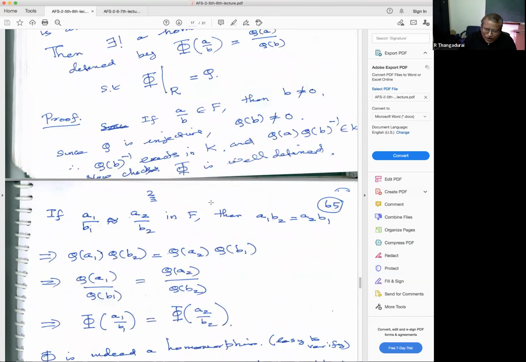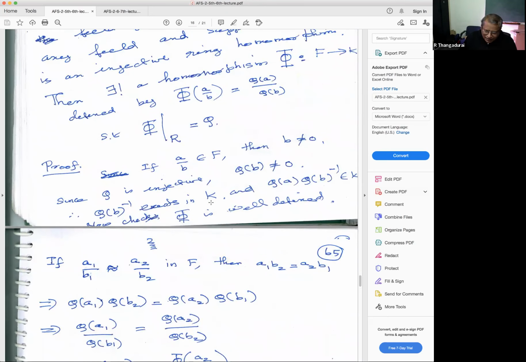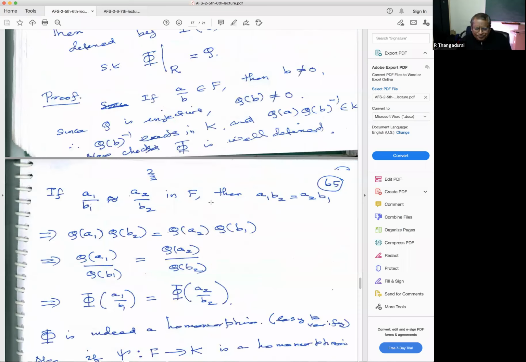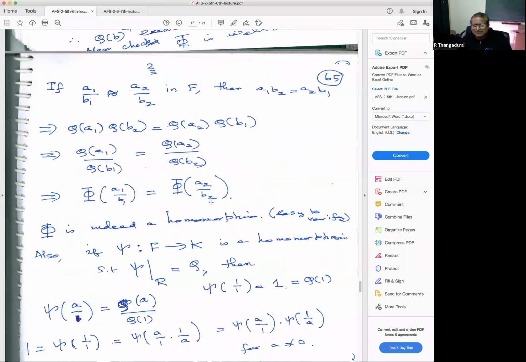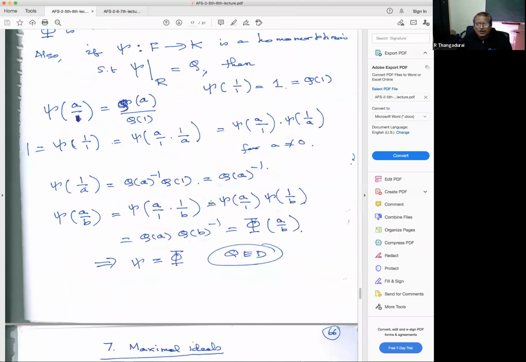So the field of fractions is putting the ring, which is a special class of ring called an integral domain, inside a field. Here, putting inside a field means there is an injective ring homomorphism from the integral domain R to a field F. Intuitively, this is some kind of subring inside a field.